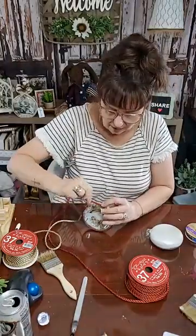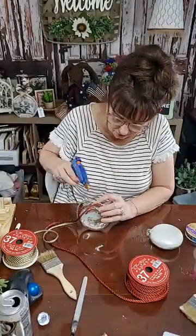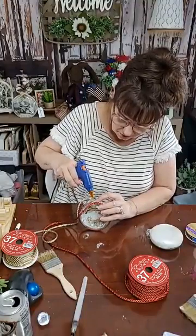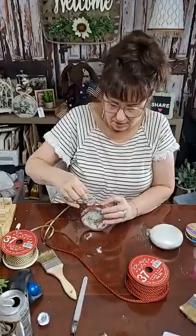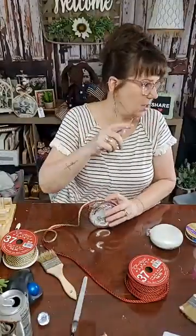Then twist it back, okay? Then I'm going to do the gold the same way. Put my tip in there, put a little shot of glue, like in 2 places, okay? Then twist it back tight, okay? And then I can take my scissors and I can cut,